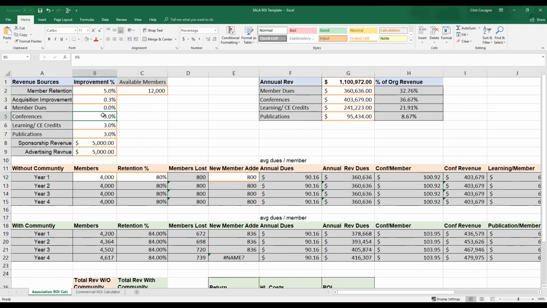Can we increase conference attendance 3% by targeting the right members, by having a community that gets people excited, by, again, some of the strategies? Can we increase learning participation by giving those folks a hub to access those documents, to engage with their peers about different learning elements? We didn't talk a lot about publications. We can, but can we use this to increase our publications? And then can we generate a little bit of sponsorship and a little bit of ad revenue per year? And when you start to input those numbers into the formula, that's what you have down here without community, or excuse me, with community. Everything goes up a little bit.